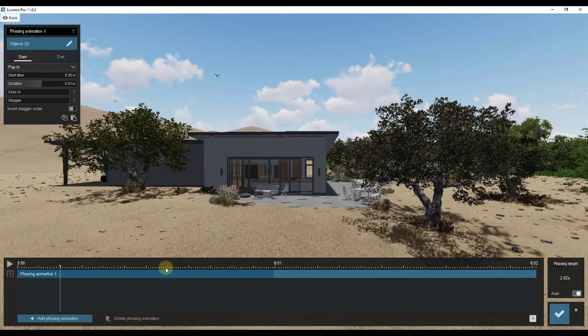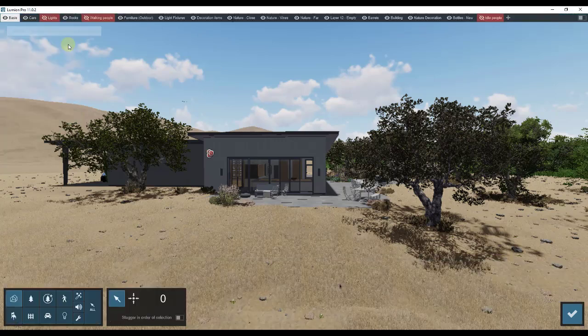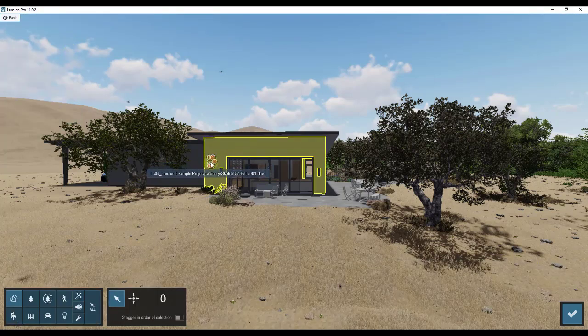So notice how right now nothing is happening, but what it gives us is a timeline down below as well as a menu over here where we can edit the different objects in our animation. And there are a few different options in here, like the effect that you can use in order to bring things in, as well as the start time and duration of these effects. So first off, let's add a couple objects. The way that I'm going to do this is I'm going to click on the button right here for the pencil, and we're going to add a couple objects.